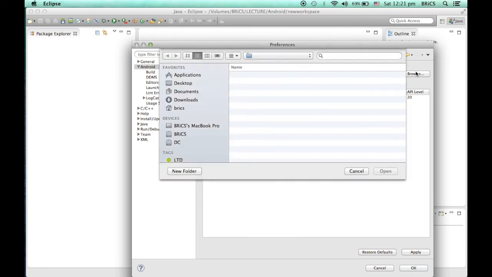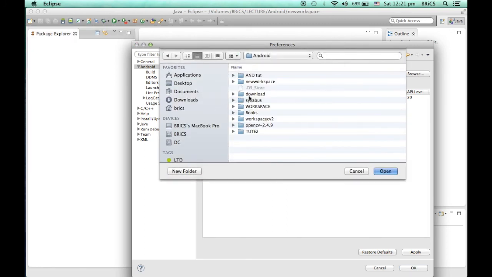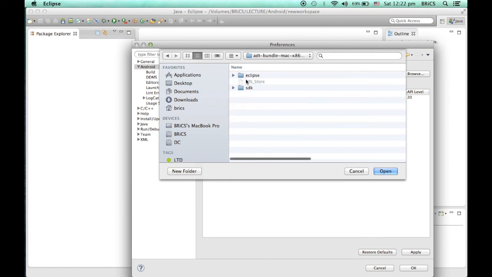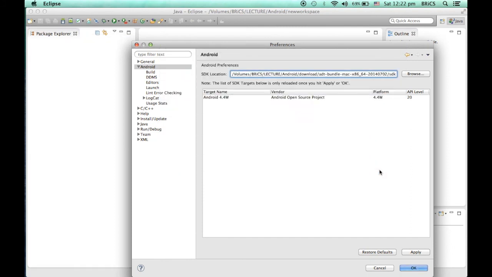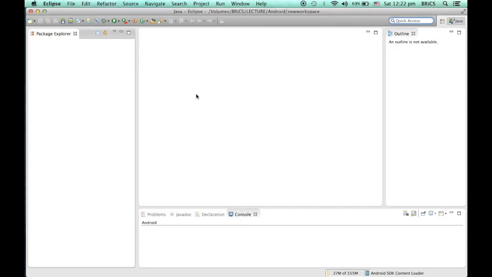Otherwise, you need to click on it, go to that folder, select the downloaded SDK folder, click on open, so it will set the path, and then you need to click on the button Apply. Once you click on Apply, you will see this link Android 4.4W, and then click on OK. So now you are fully ready to use Eclipse for your development.